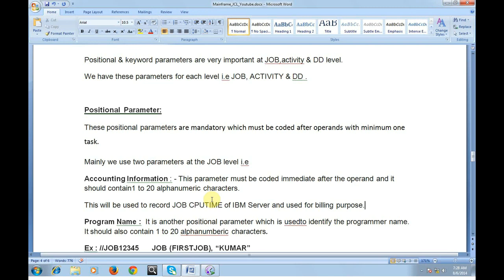So IBM would be charging for a specific job run. In order to do that, we give some accounting information while creating a job so that it will record how much time it took to complete this particular job. Based on that CPU time, they will be charging a billing. Billing will be provided based on the CPU time.